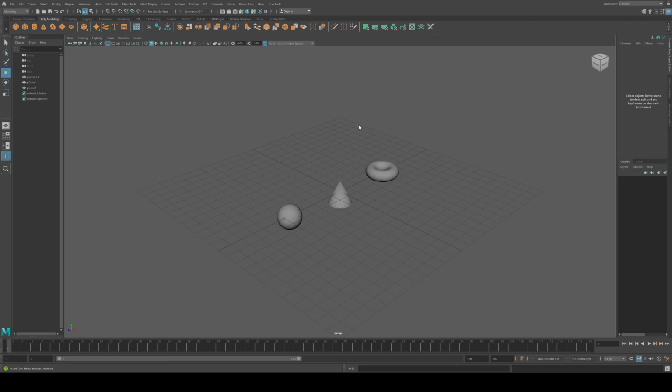But what if you don't want to move just along one axis? You see that little square in the middle of the arrows? That's your ticket to free movement. If you click and drag that square, you can move your object freely in any direction within the viewport.